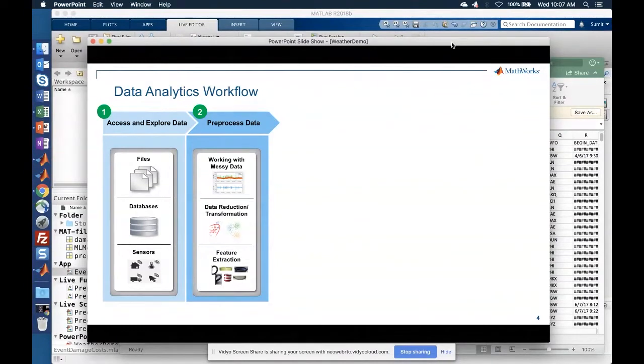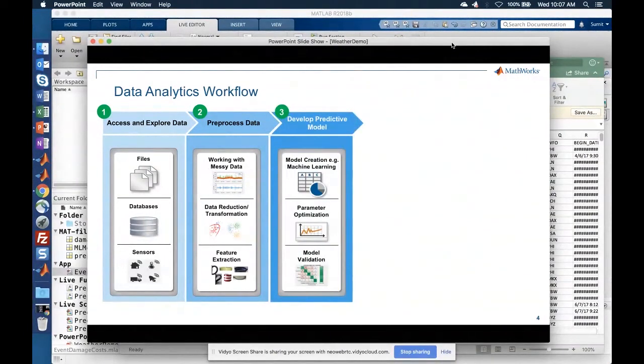Or we might even try to go at a higher level and try to extract features from the data that can be useful for our application. Now, once we have processed the data, that's when you get into the exciting part of developing predictive models or mathematical models that can be used for extracting useful information and predicting the future in some ways based on the historical data. So we create machine learning models.